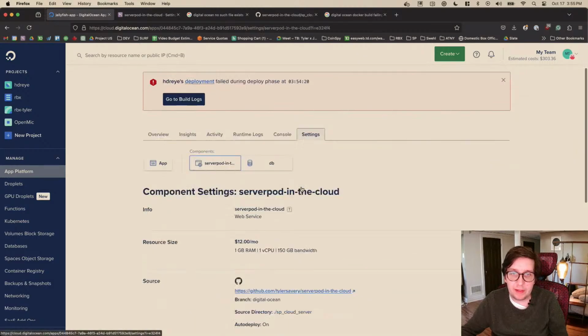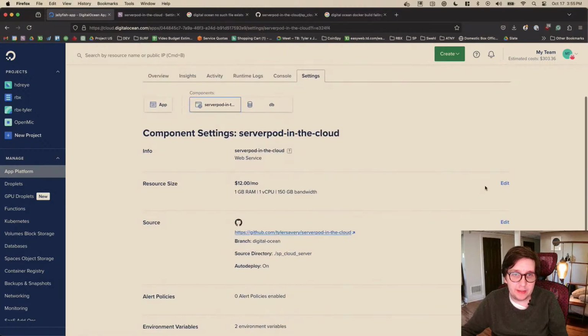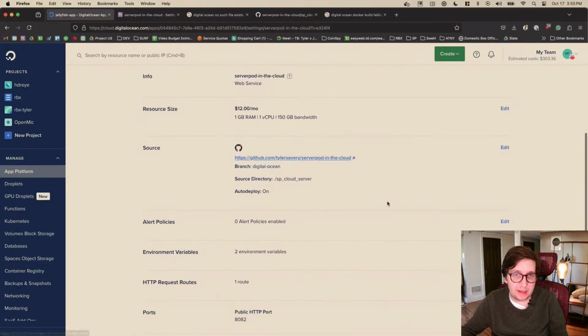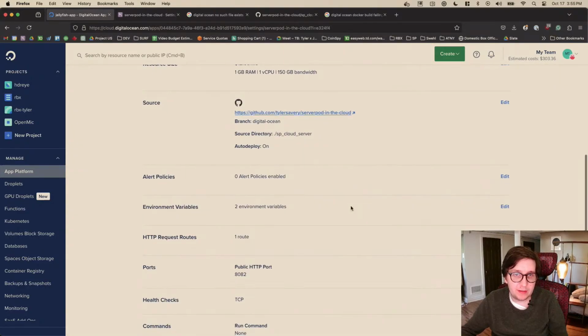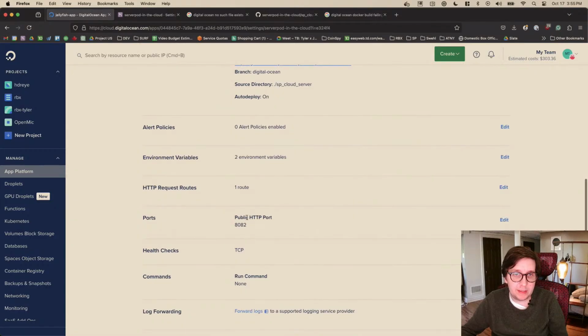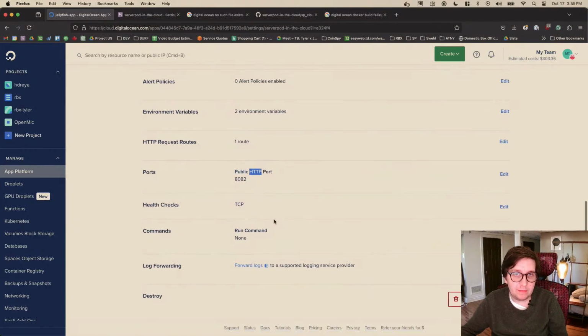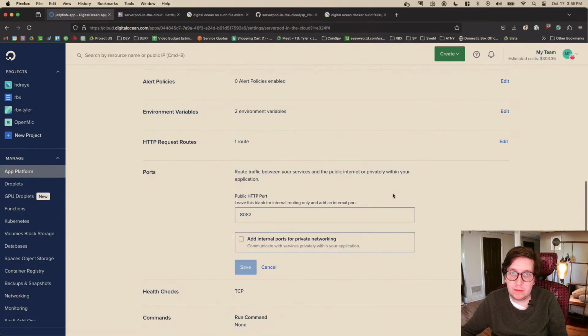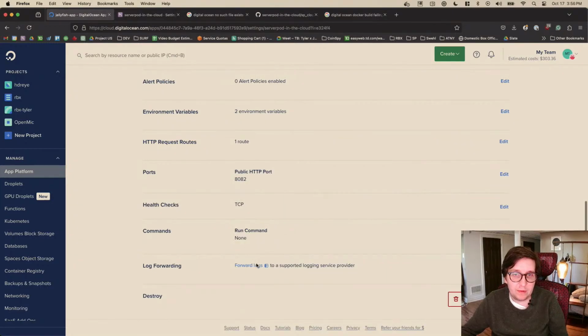Let's look at this. We have the info. We have the resource size. That's fine. Source, we already looked in there. We have 2 environment variables. Public HTTP port, okay. I don't know what that is. Forward logs. Well,